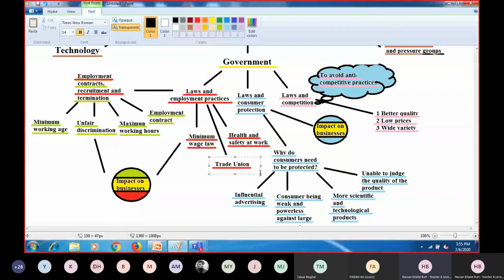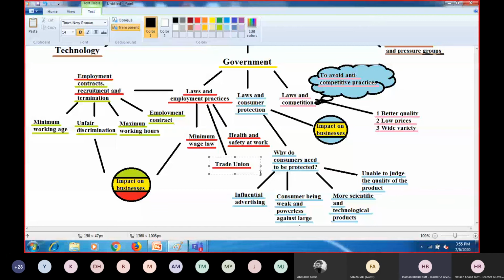So listen, we'll talk about this concept later in the coming chapters, but still you need to have an idea. Anybody who can explain what is a trade union? Any volunteer before I explain? Sir, a trade union is a group which stands up for the rights of the employees. Very good. A trade union is a body or an organization which consists of workers. And workers pay a regular annual fee to the trade union because it's an organization and there are lots of expenses. So all members of the trade union, obviously workers, pay a certain amount on an annual basis. So they protect the rights of the workers.